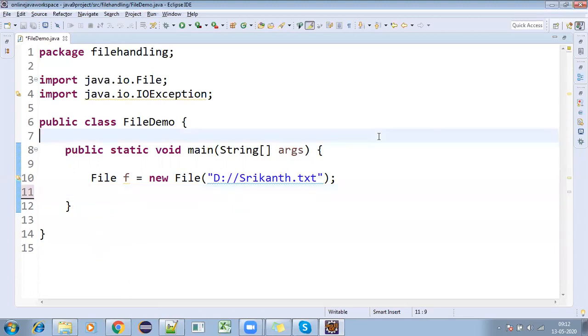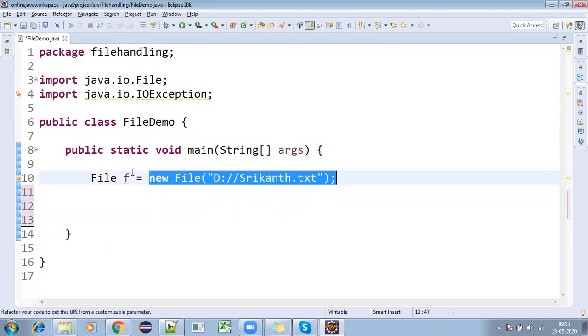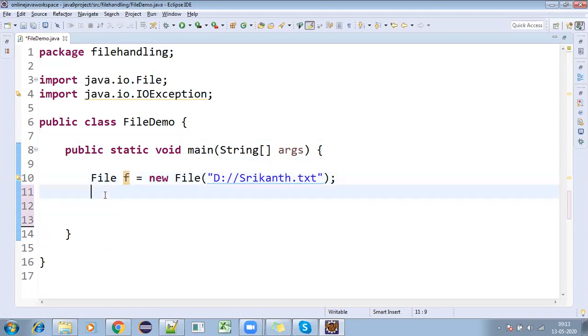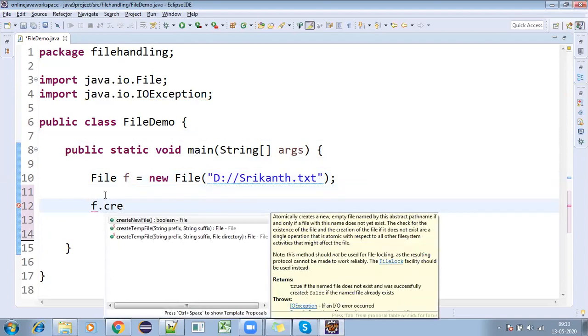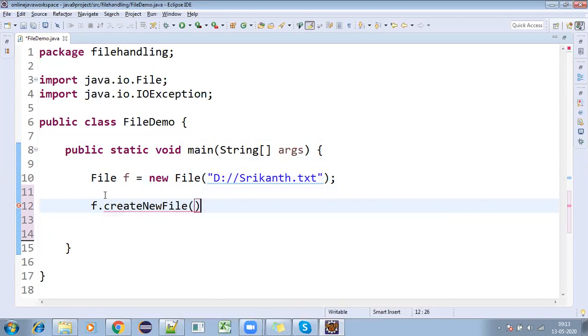I'm just giving my drive and trying to create one text file here. This new file is an object that we are referring to by using F. By using F, I'm calling a method called create new file, which creates one file for me.